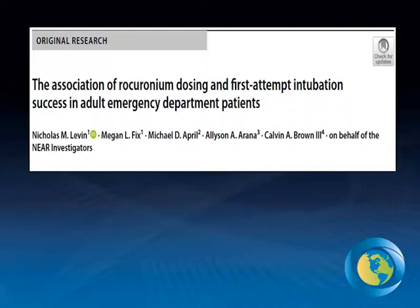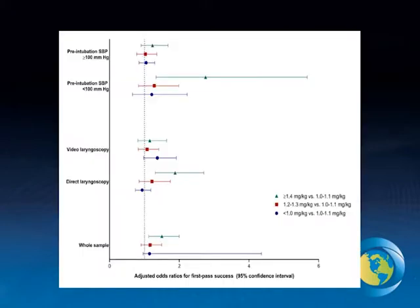Okay, and the last contender is this paper, which was in the Canadian Journal of Emergency Medicine earlier this year. We reviewed it either in March or June, I can't remember. It's entitled The Association of Rocuronium Dosing and First Attempt Intubation Success in Emergency Department Patients. This was a NEAR study that looked at stratified rocuronium dosing in 0.1 increments and the impact on first attempt